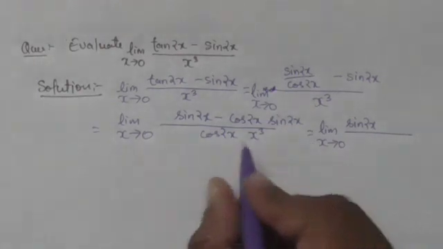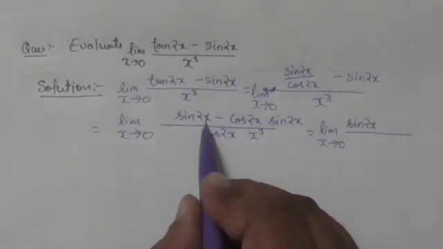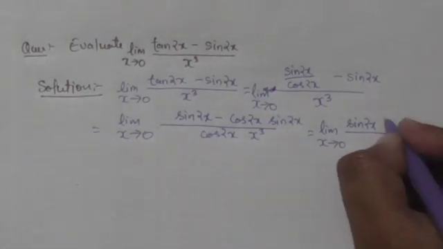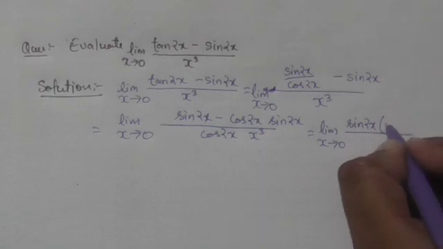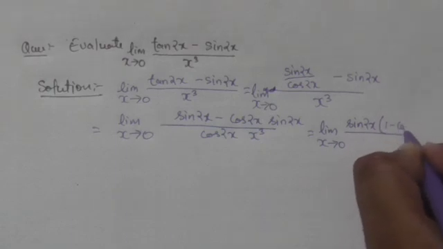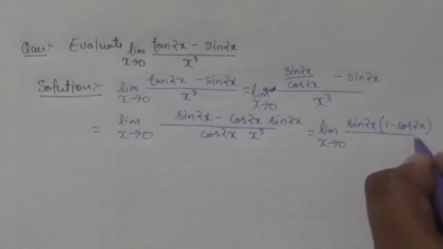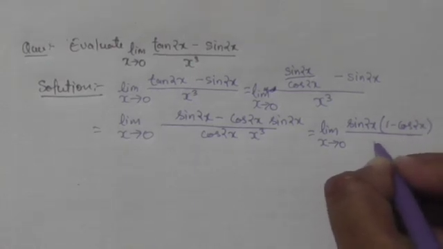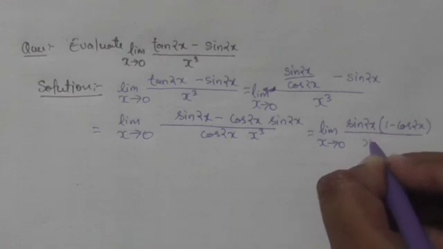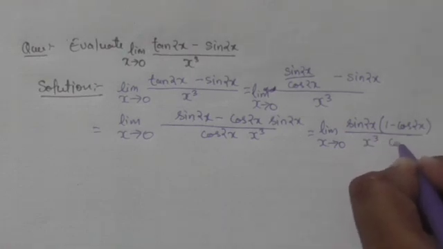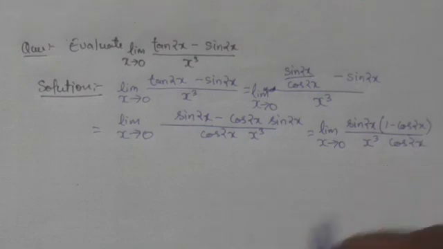Now you can see here in the numerator we will take sine 2x common, so we will have sine 2x into (1 minus cos 2x), and in the denominator we will have x cube cos 2x. Right? Now